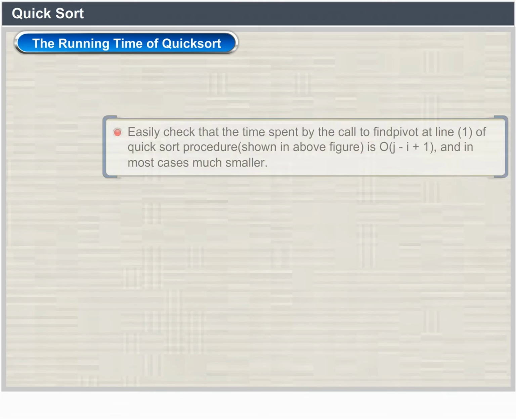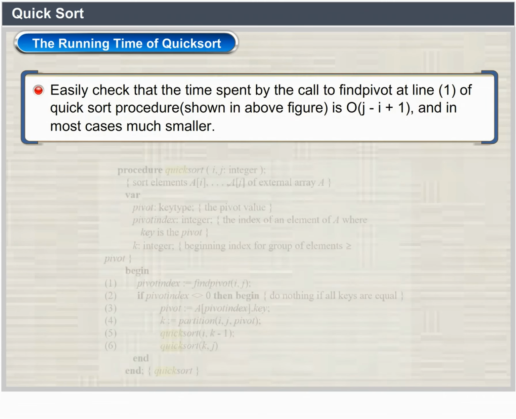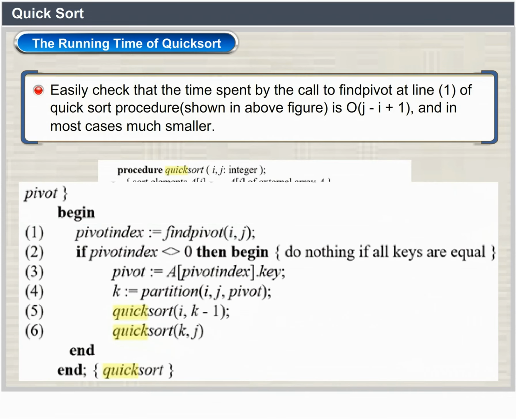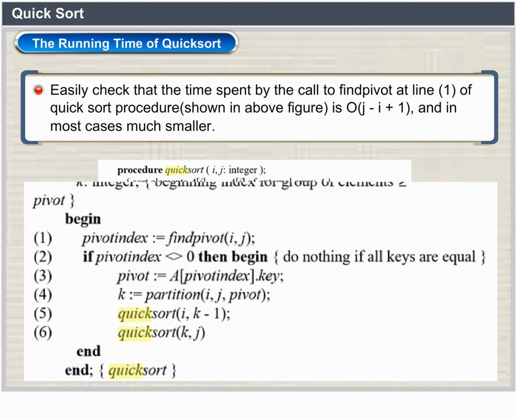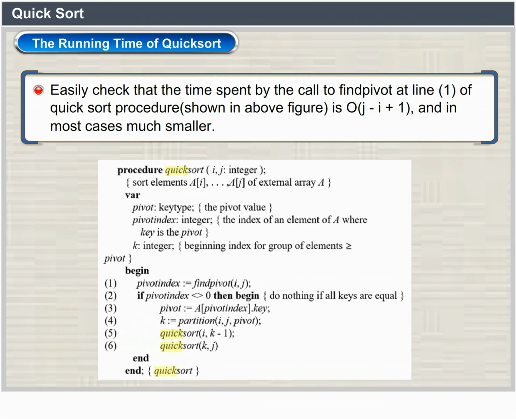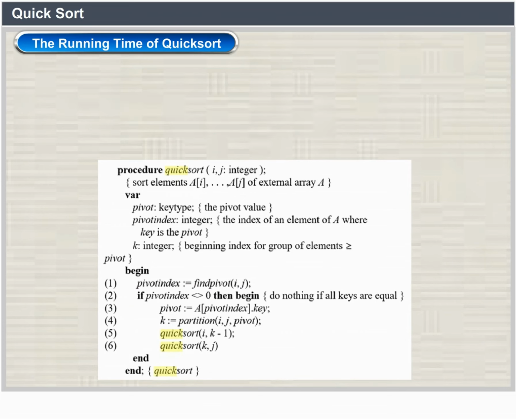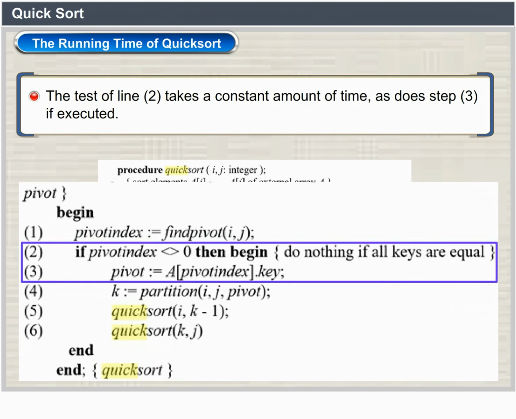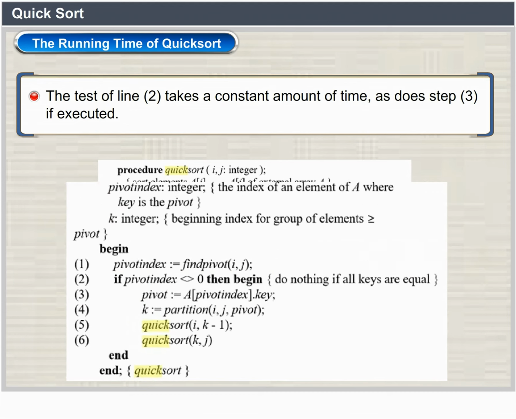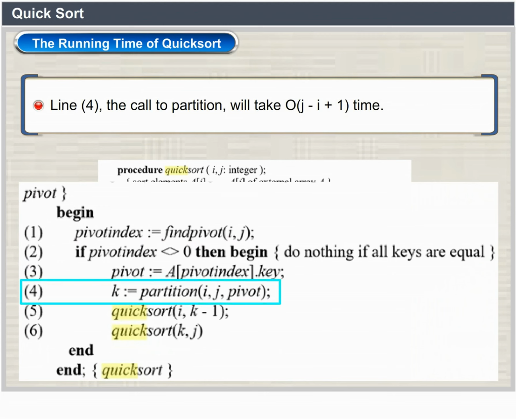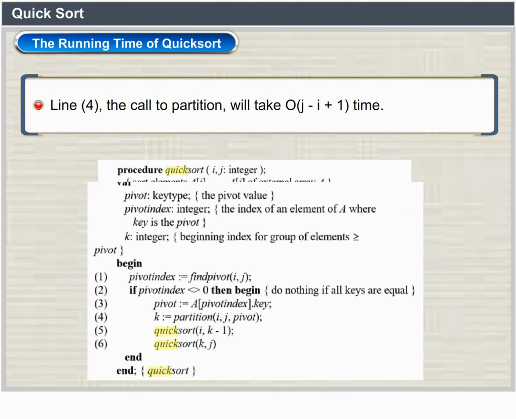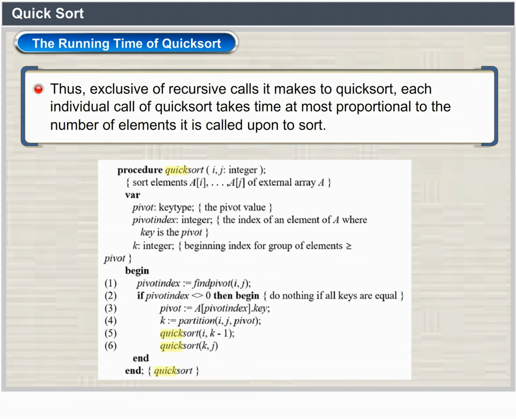Let us turn to the running time of quicksort of i, j. Easily check that the time spent by the call to find pivot at line 1 of the quicksort procedure, shown in this figure, is big O of j minus i plus 1 and in most cases much smaller. The test of line 2 takes a constant amount of time, as does step 3 if executed. Line 4, the call to partition, will take big O of j minus i plus 1 time. Thus, exclusive of recursive calls it makes to quicksort,